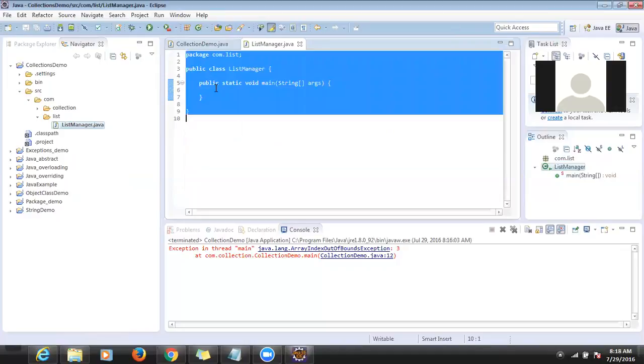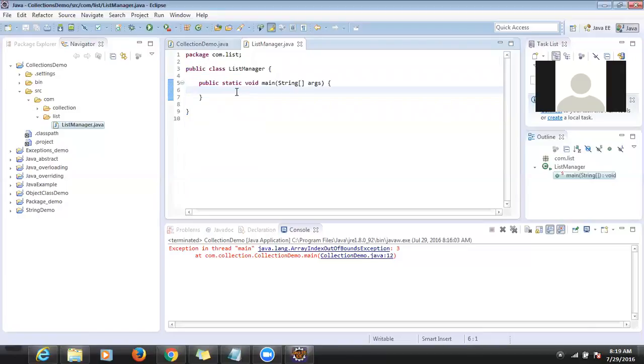Okay, this is a simple class. This is a simple class, right? I created a list manager. So now what I want to do, I said list is an interface and it is there in